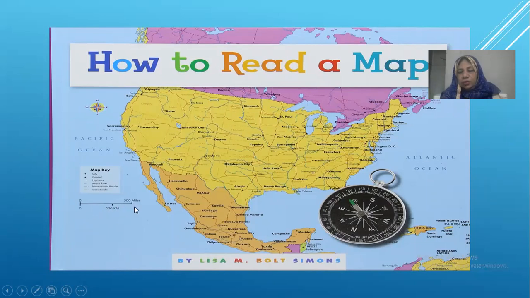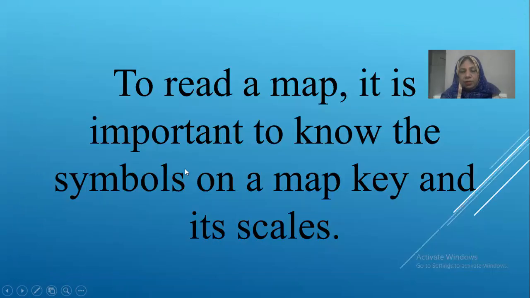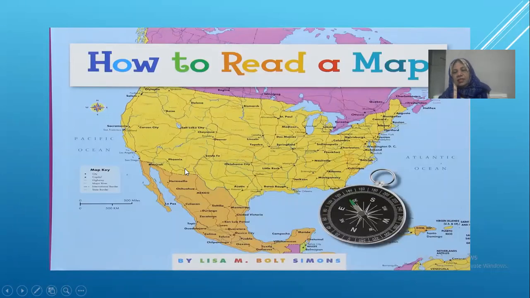Scales are also shown on the map, and all the larger areas are converted into a smaller area than shown on one side of the map. The most important is the key, which shows the symbols. Different symbols are drawn here with a small description, and this is known as the key on one side of the map. So these are the important components through which we can easily read a map.